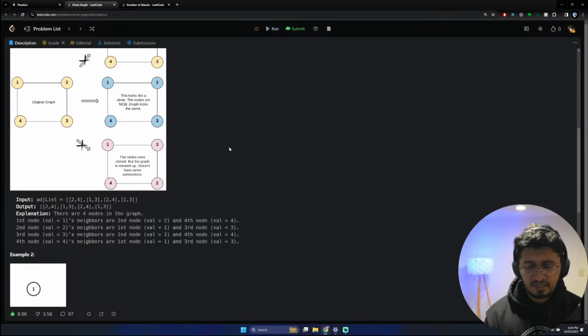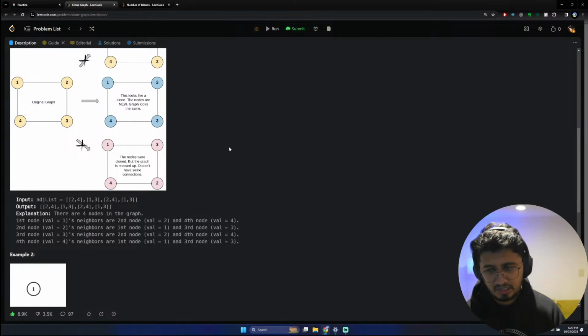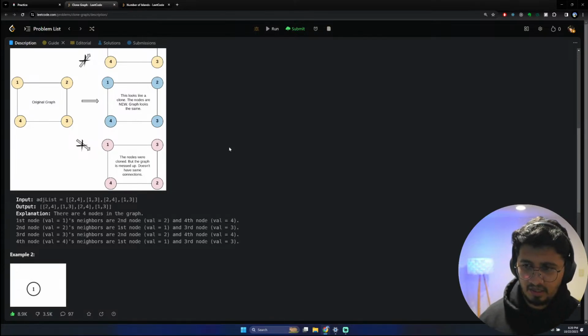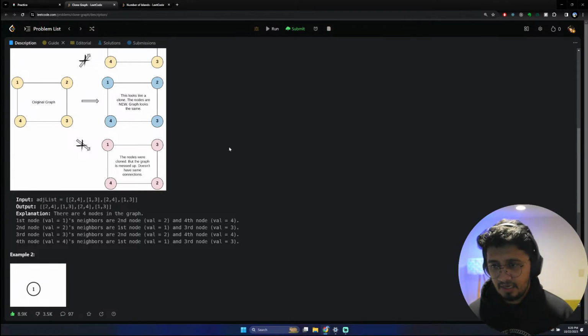So basically if I use the same strategy here, I know the number of nodes is the length of the adjacency list, right? So what I can do is I can create the nodes in a hash map. So one would represent node one, two will represent node two, and then